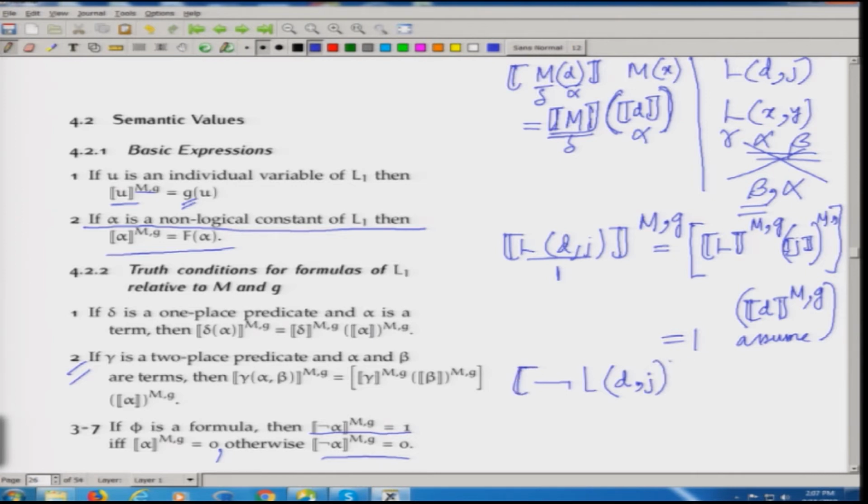It will be, of course, with respect to m and g, it will be 0, because this changes the